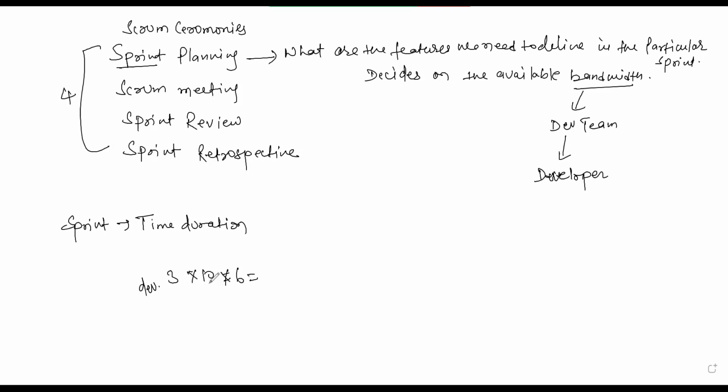So 6 into 10 is 60, into 3, 180 man hours. We can take tasks or work at most 180 man hours, because we have this much bandwidth. And for this bandwidth, in the dev team, the developer will develop these stories,